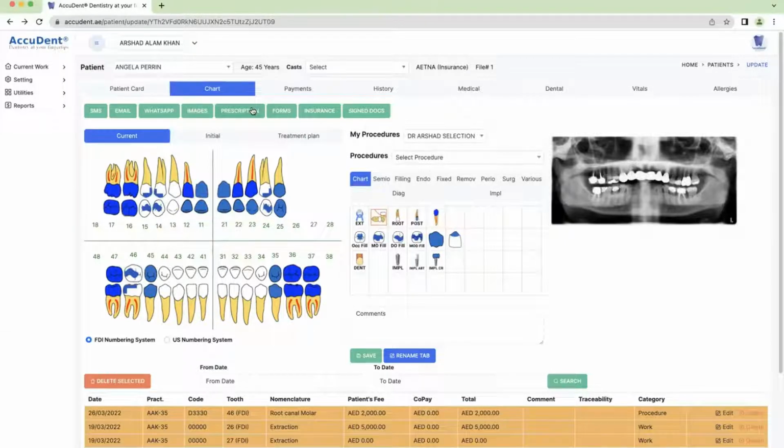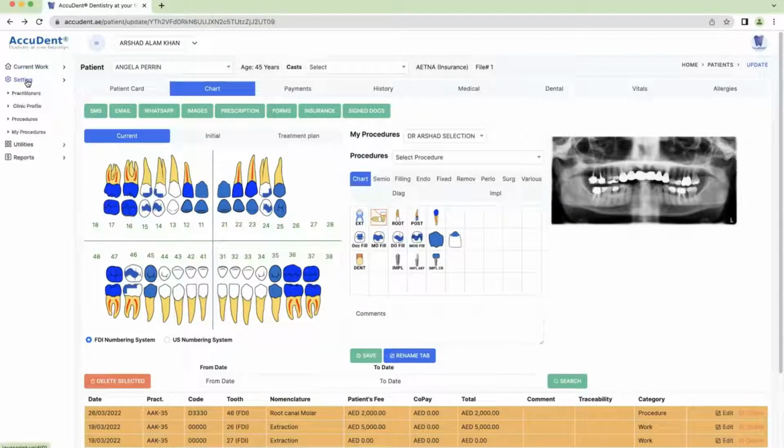When you are starting in AccuGuide with the chart of the patient, you see that you can set up a certain number of procedures, of works, of diagnosis. And I'm going to explain to you how we can manage all these things and how we can implement new procedures and new diagnosis. So for that, the first thing to do is to go to settings on the upper